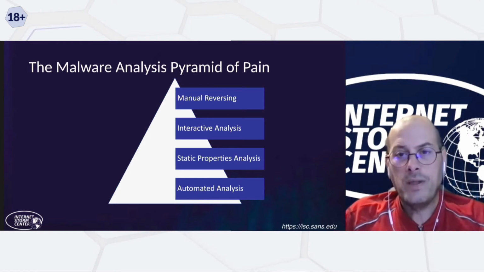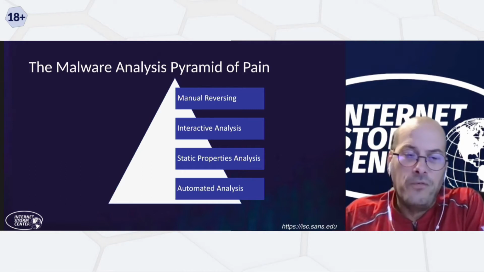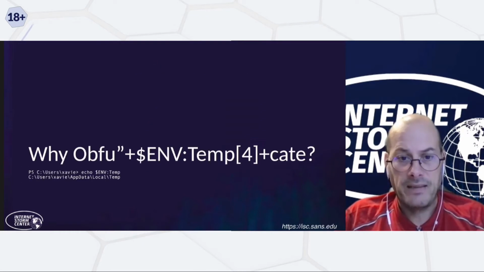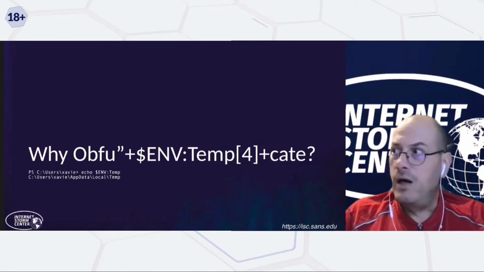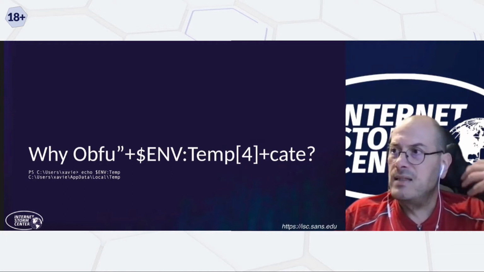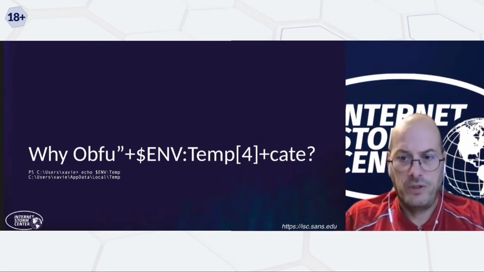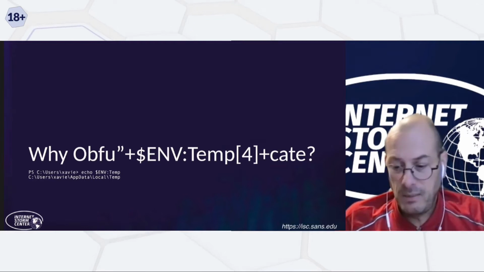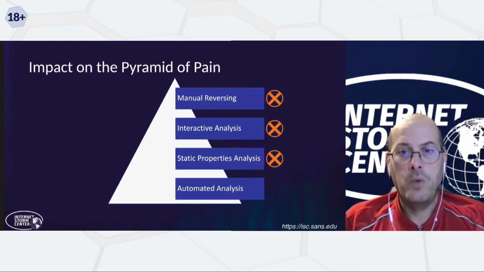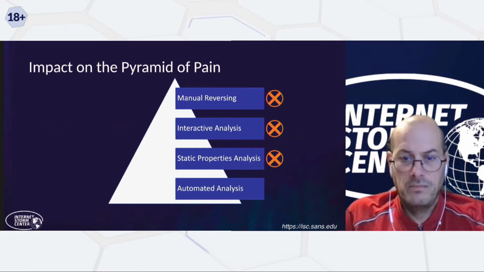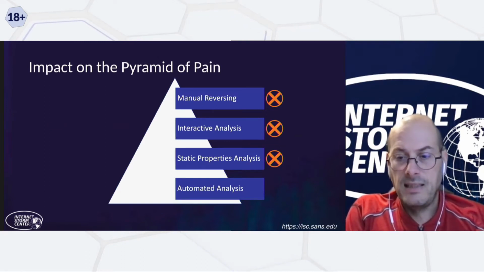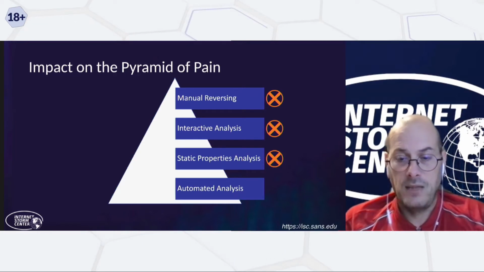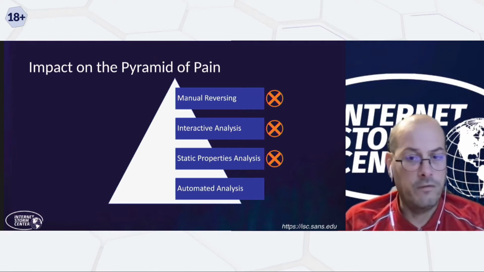But what's the impact of obfuscation on this pyramid? Obfuscation has a lot of impact. That's why obfuscation is important for the attacker. So the question is, why do they obfuscate? Simply because it impacts the way we work. For example, if you do static properties analysis, you try to extract strings. If you obfuscate the strings in the malware or in the PowerShell code, you will not find any interesting strings